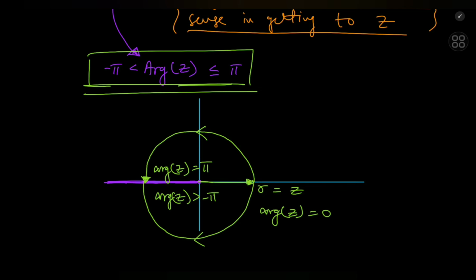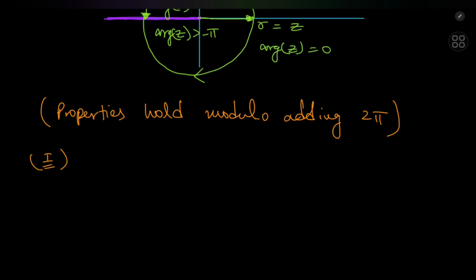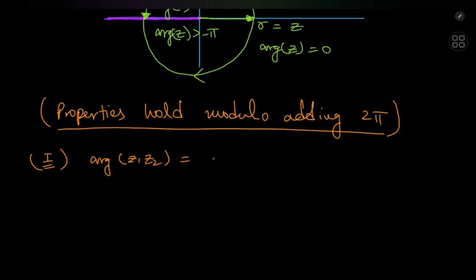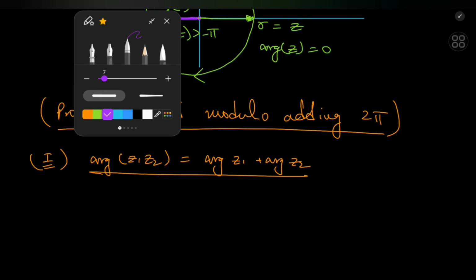Now, let's take a look at some properties of the argument function. Please remember that all of these properties hold modulo adding 2 pi. The first property is that the argument of a product z1 times z2 equals the sum of arguments, and this is pretty easy to prove by taking a couple of complex numbers